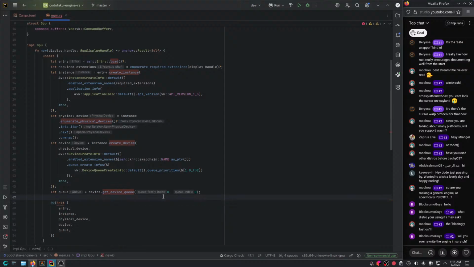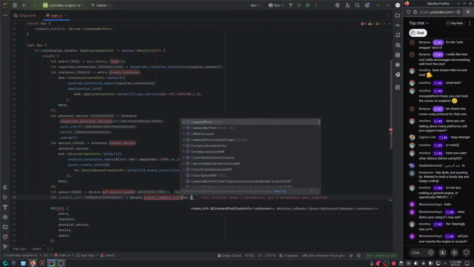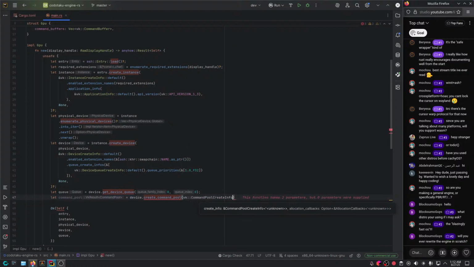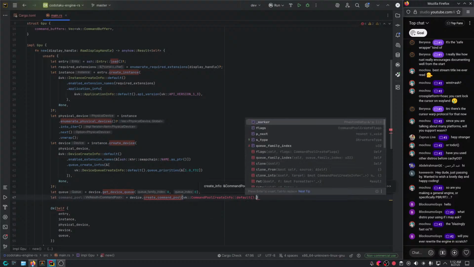And let's basically say now here, let command pool is equal to device.create_command_pool. And what we need here, we need command pool create info. So CommandPoolCreateInfo default, dot queue family index.